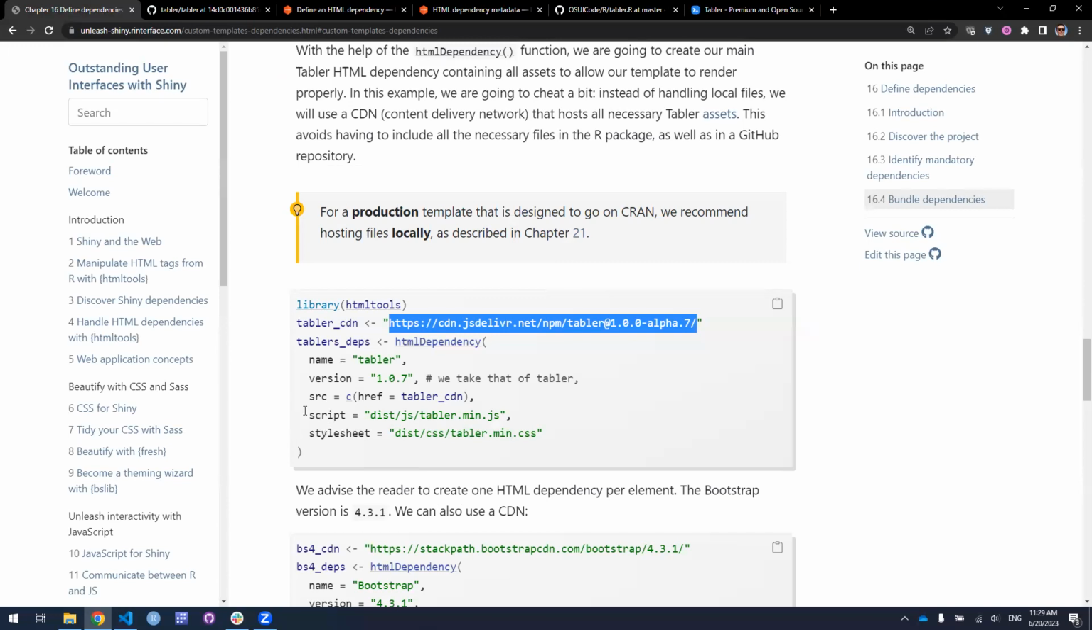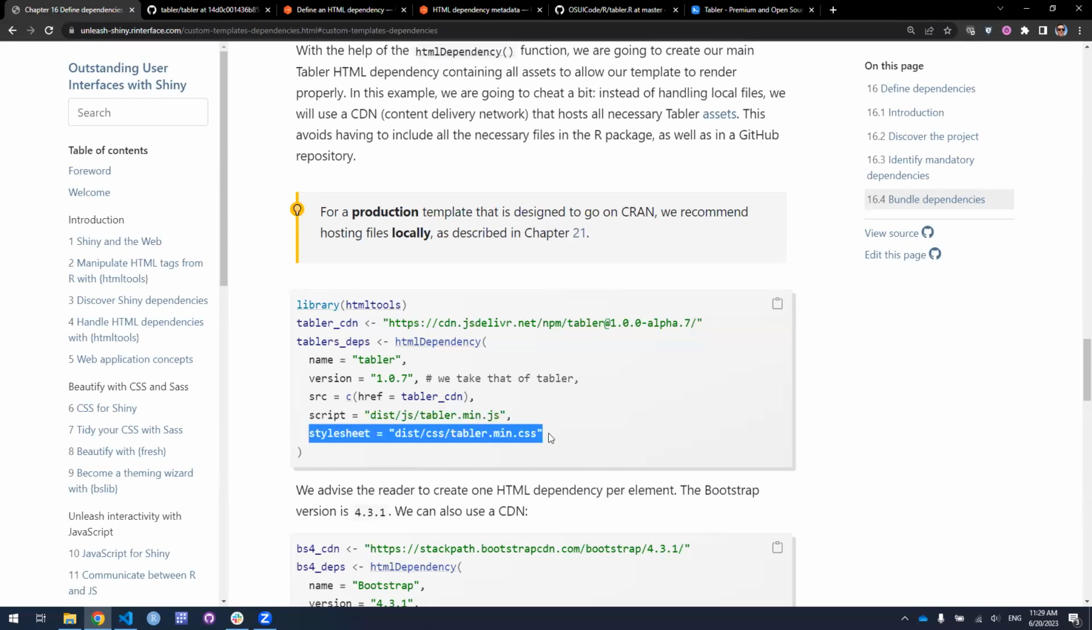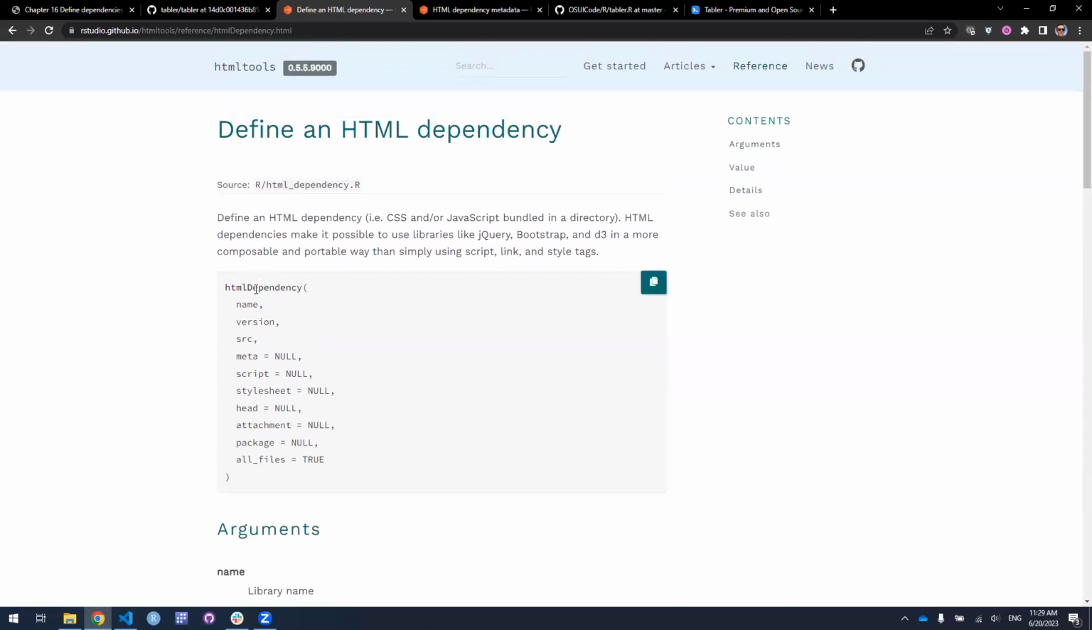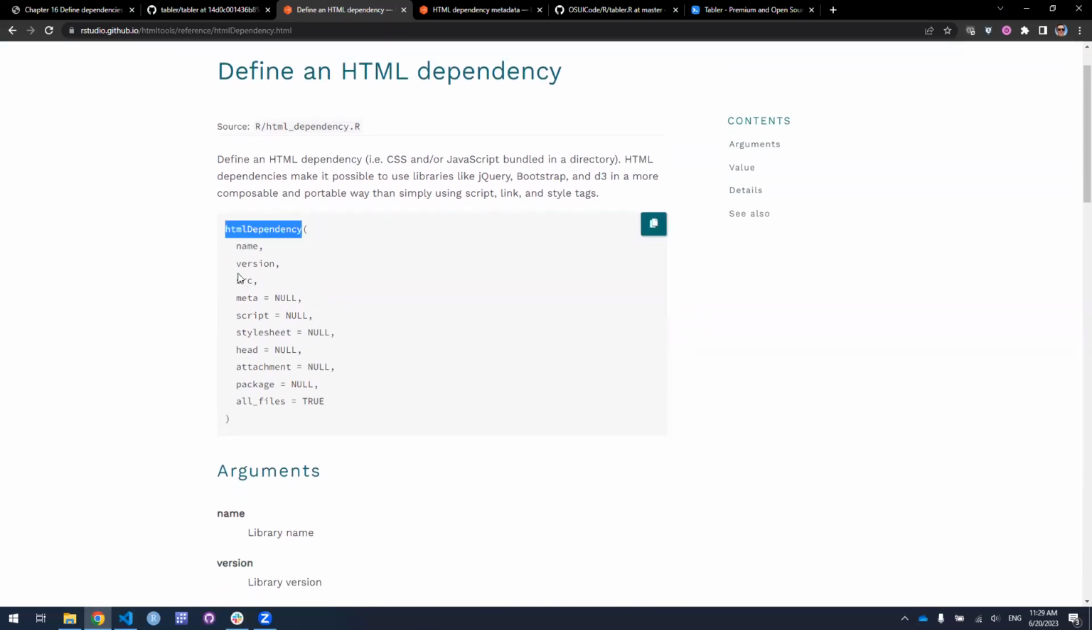And then you can have named components here for the JavaScript component, and then for the style sheet, the CSS component: script and style sheet. So if we looked at this a little bit more for HTML dependency, you can see you've got this HTML dependency function. It basically creates a dependency object that can then be put into